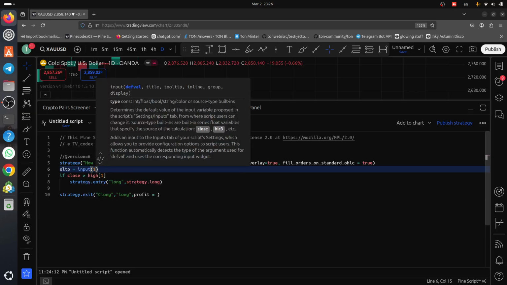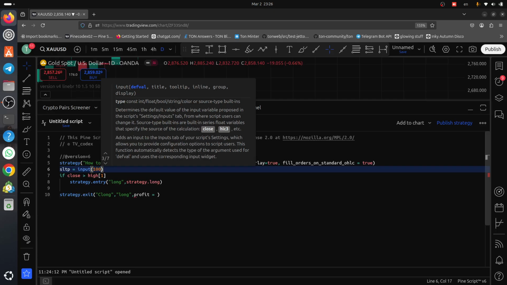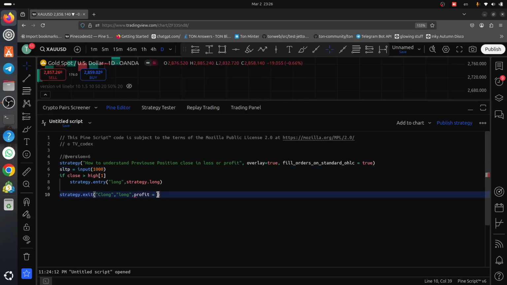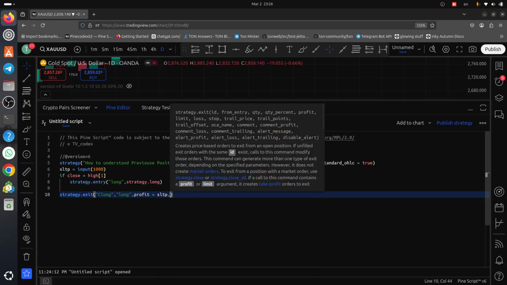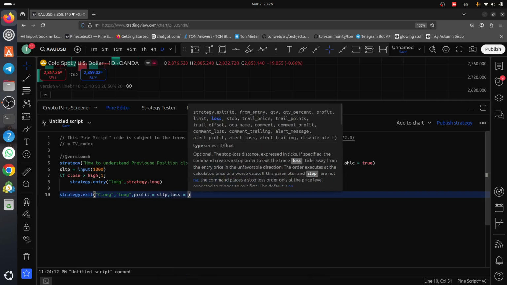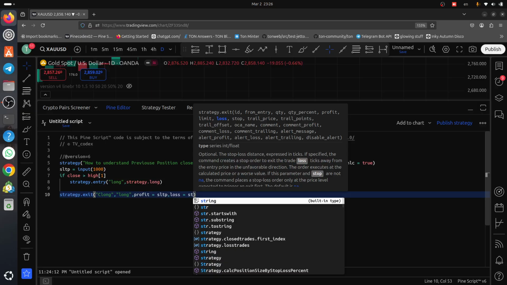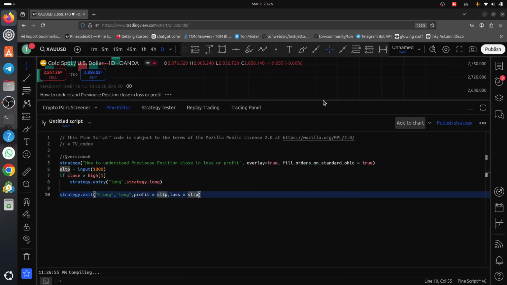input, for example 10. I don't know how much is SLTP, and also the same for loss, SLTP. Okay, we add it to chart,